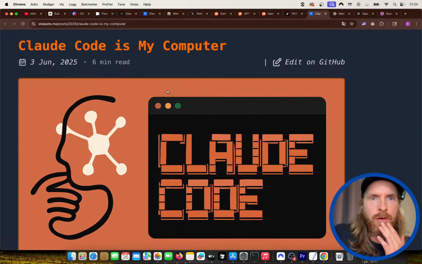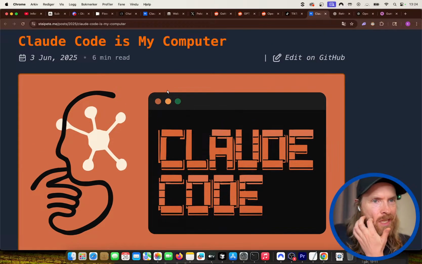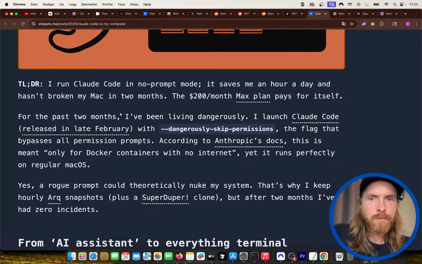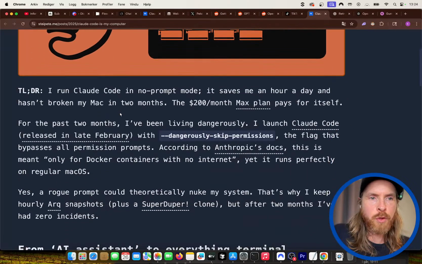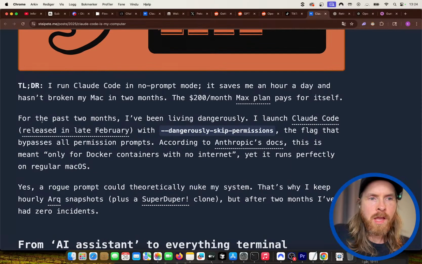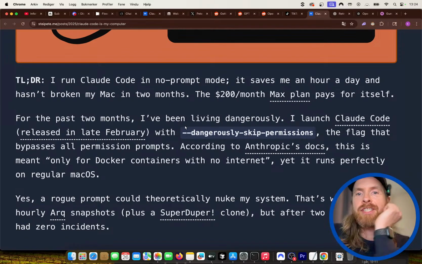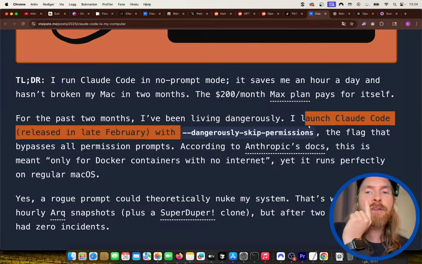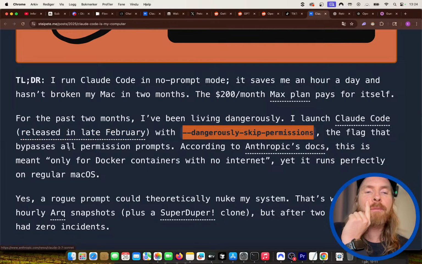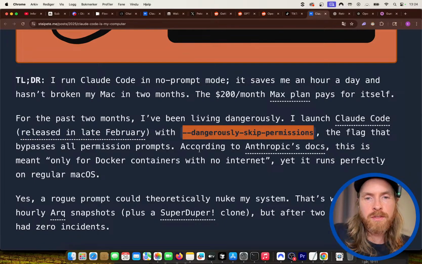But I wanted to take a look at this. It's not so new, but I just wanted to check it out. So this is Claude Code. It's my computer. So for the past 2 months, I've been living dangerously. I launched Claude Code with dangerously skip permissions, the flag that bypasses all permission prompts.